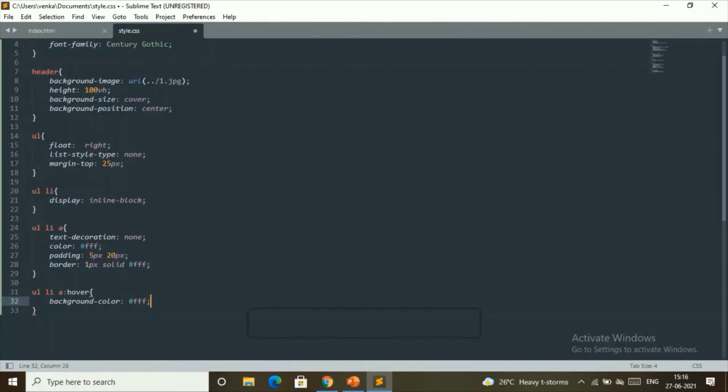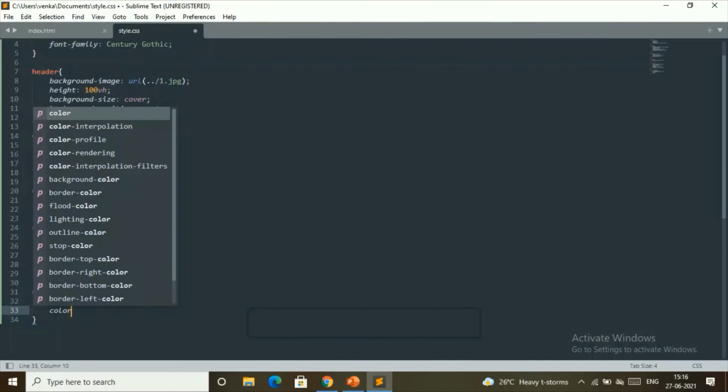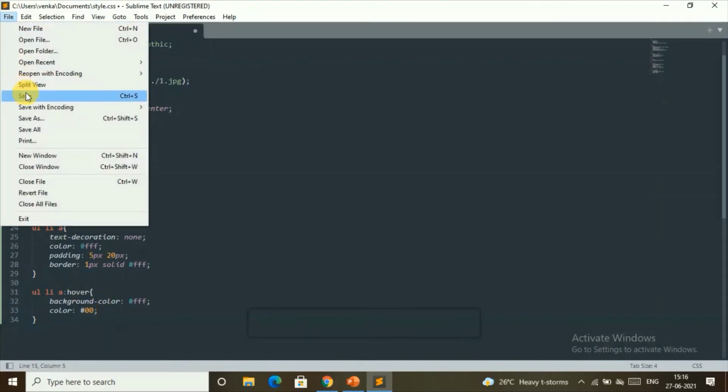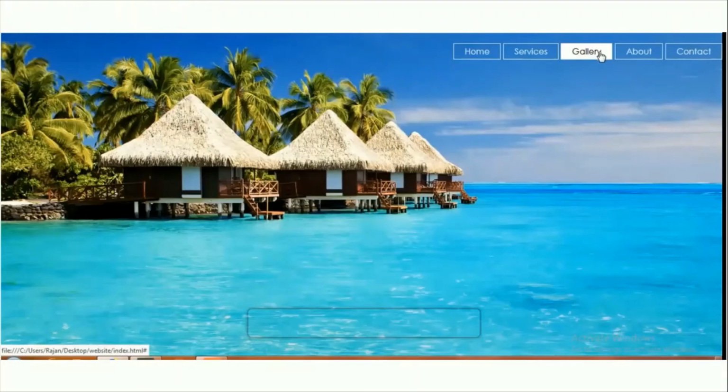So this is the code for the color white, and then our color of the text will be black. So let's just do this. #000. So this is all for this. We'll just save this quickly. And now you can see when you hover onto the menu items, your background will be white and your text color will be black.